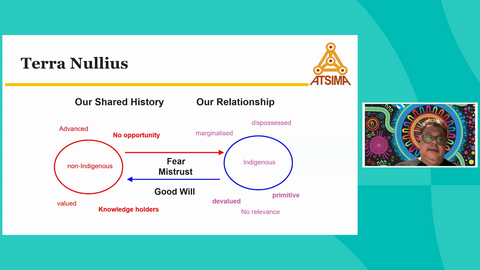society. If we go to the other side, non-Indigenous people are the knowledge holders, their culture is valued, they were considered the advanced race, even to the point where Indigenous people were considered to die out. They thought, with the Darwinian idea, that eventually Indigenous people will just die out, so we will be replaced by the more advanced race. All these ideologies were playing out as Australia was being developed, through our education and so forth.